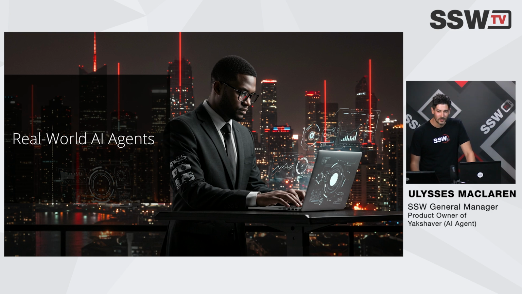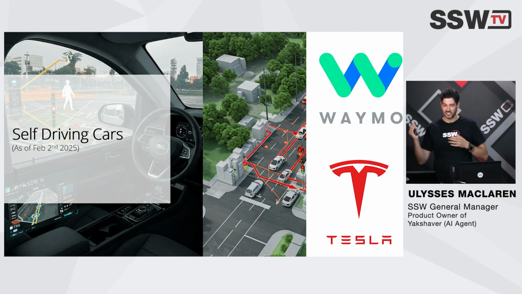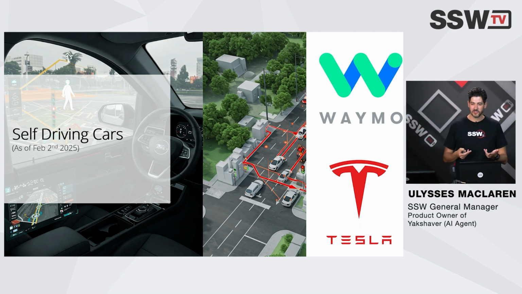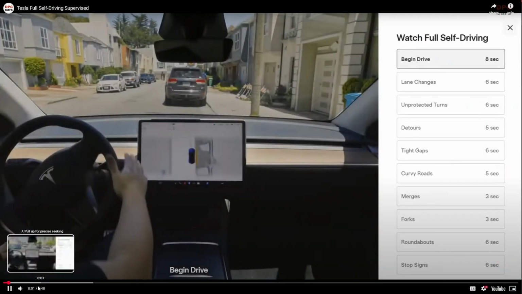So this is the fun part of the talk. Real-world AI agents that you can use right now. So first off, I wanted to start with self-driving cars, and this is because it's the easiest to understand. Everyone's driven a car. You know the sort of judgment calls you need to make about, shall I use the brakes, shall I overtake, shall I indicate, shall I not? We learn the fundamentals of using the car at the beginning, but then there are so many nuanced different situations that you have to deal with. And I found a video